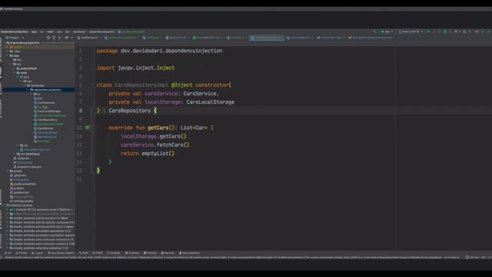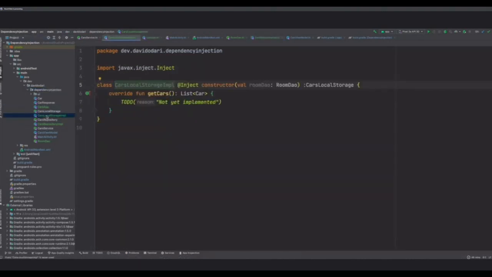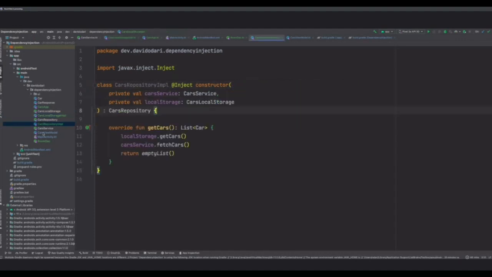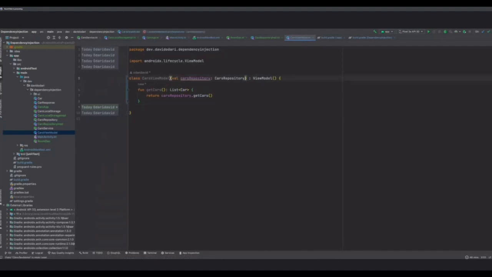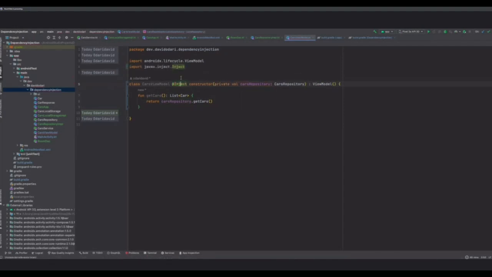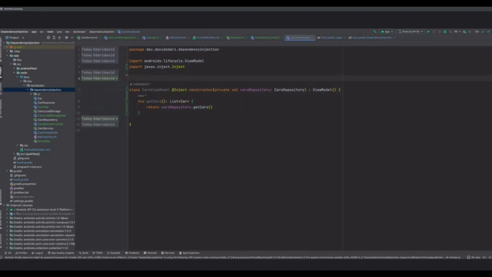What else did I have? Input. No. You just inject where, even if you're planning on providing this, even if it didn't have anything, it still would have to do this. Because of the repo, for the view model, there's going to be an extra notation. So inject constructor. Okay, let's import this. And for the view model, it's going to have something extra.